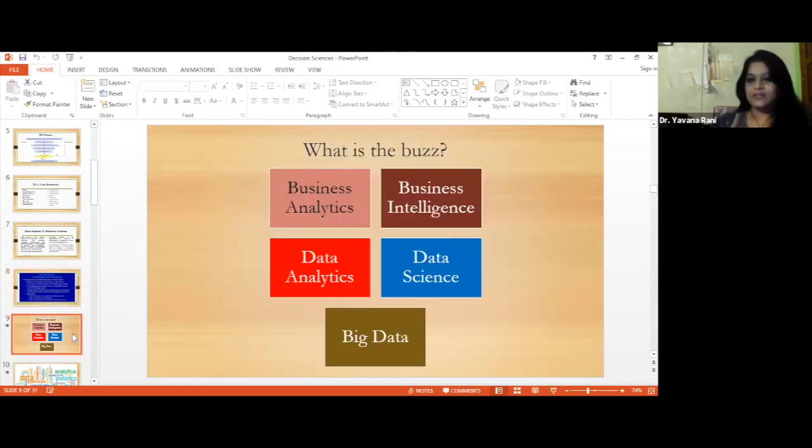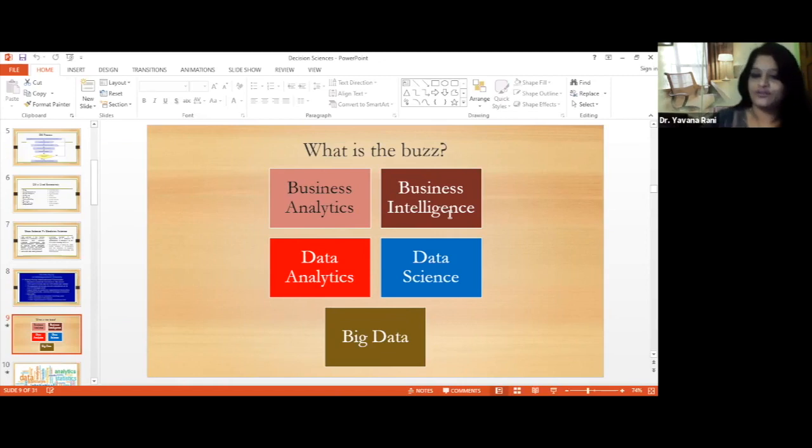Of course, the buzzwords, right? We discussed this at the beginning of our lecture. These are some of the buzzwords: business analytics, data analytics, data science, business intelligence, and big data, and data decision science. Finally, all these analytics put together convert the data into data formats, so that the decision makers can dig out the information they need. All of these are interrelated: business data analytics, business intelligence.